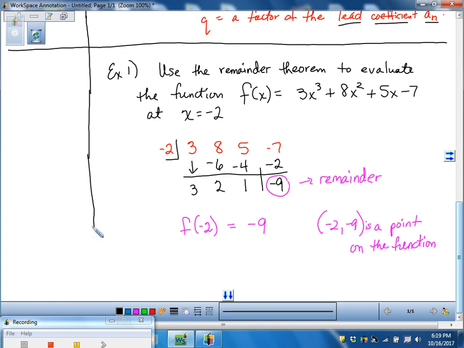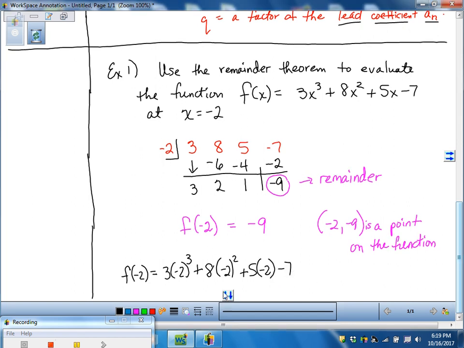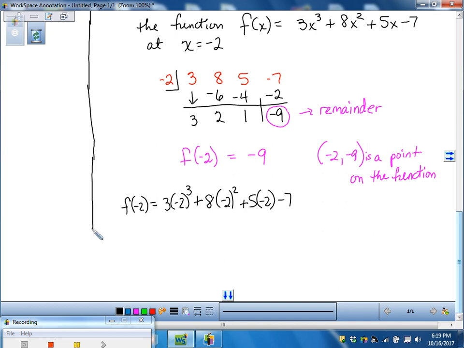Now, you could have also found that value of negative 9 if you had plugged negative 2 in in the first place. So I could have taken the original function, and if I wanted to figure out f of negative 2, I could have taken 3 times negative 2 cubed plus 8 times negative 2 squared plus 5 times negative 2 minus 7. I could have plugged that in, and if I work this out, I should also get